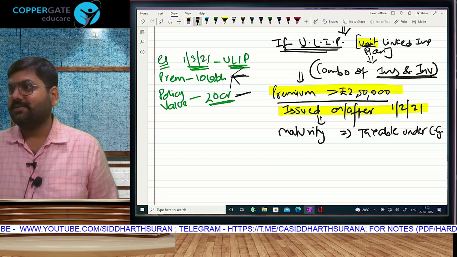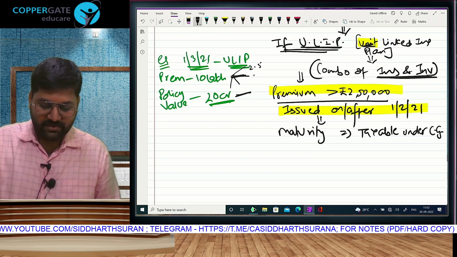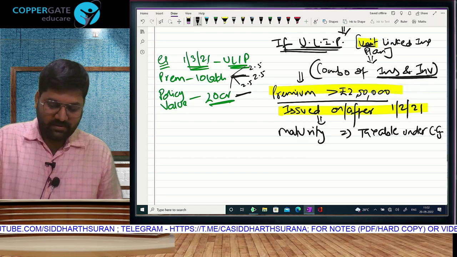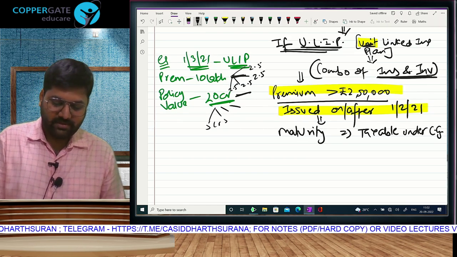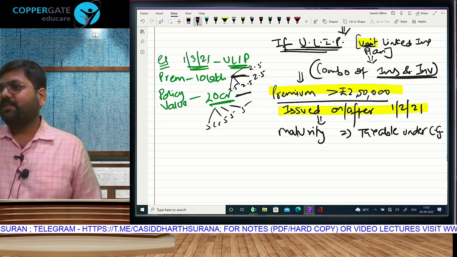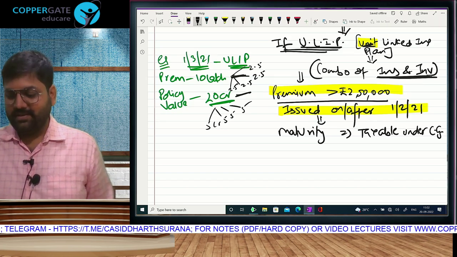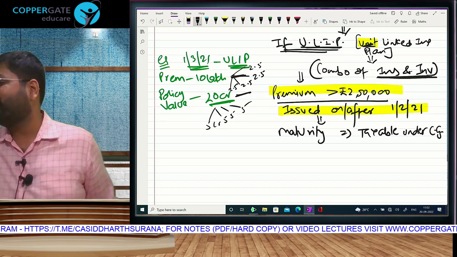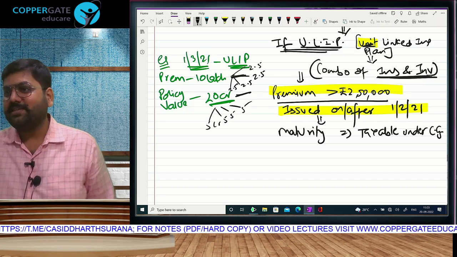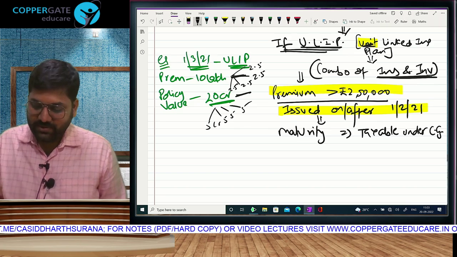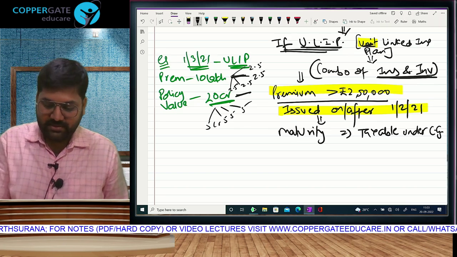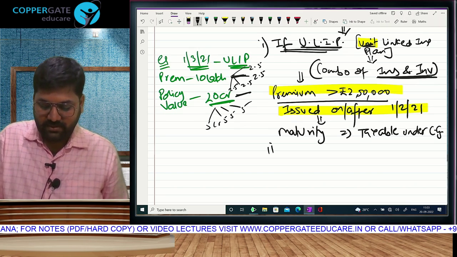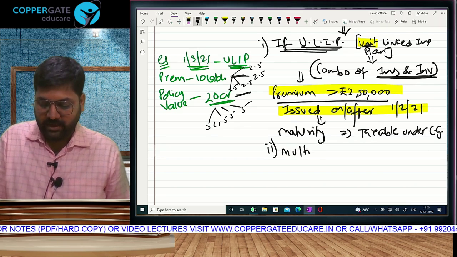4 policies, 2.5 each. And 4 maturity values, 5 crore each. Within the limit of 20, 10, 5. Within the limit of 250, even if it is ULIP or fully exempt. So, they know what you think. And thus, when this amendment was introduced, second amendment, if you take multiple policies,